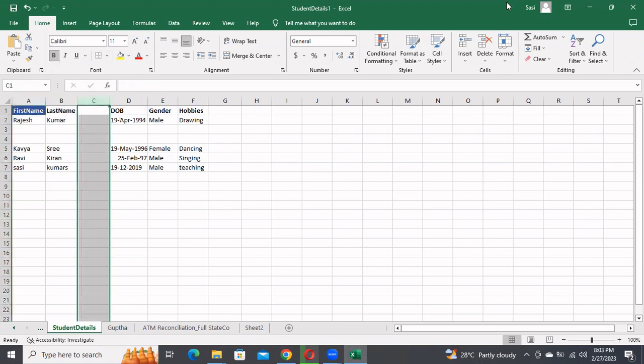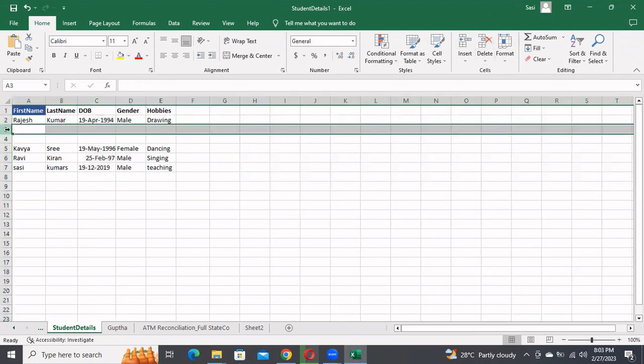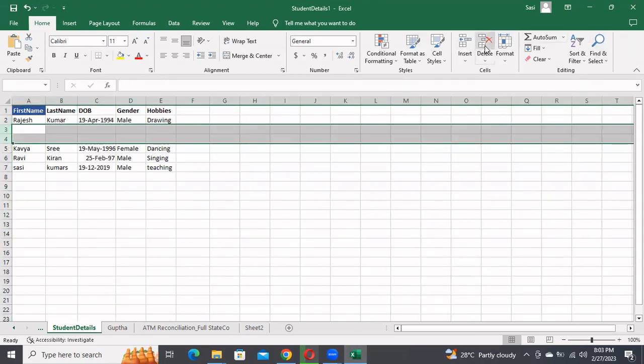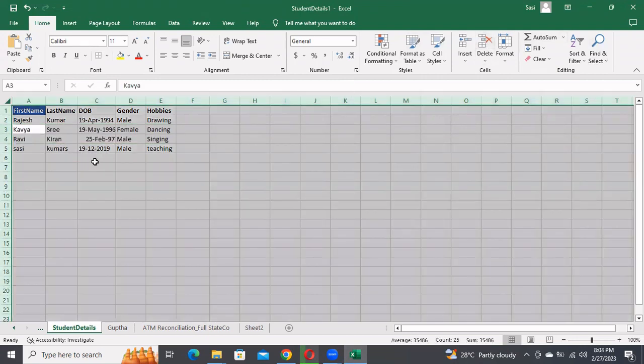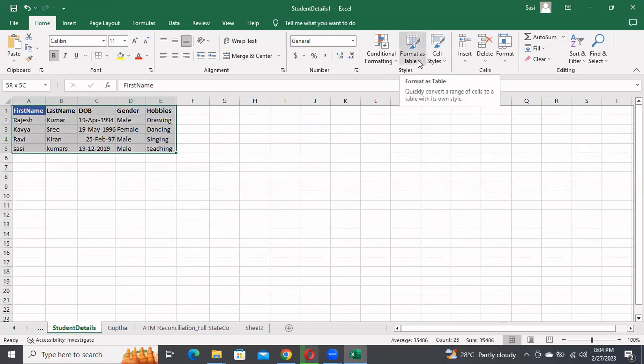Let me remove this one first. Let me select these plants also. So this is the data, right? So if I want to convert this into a table, how I can do it is, see here, the Home tab, we have a button or icon called Format